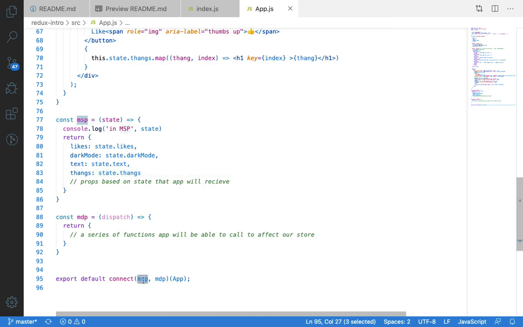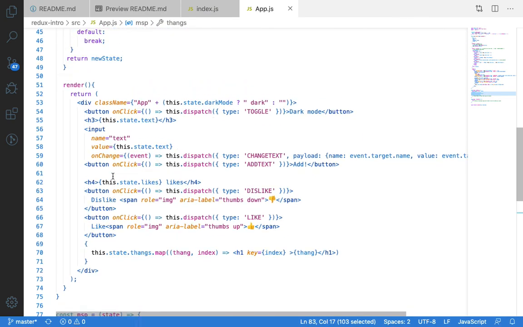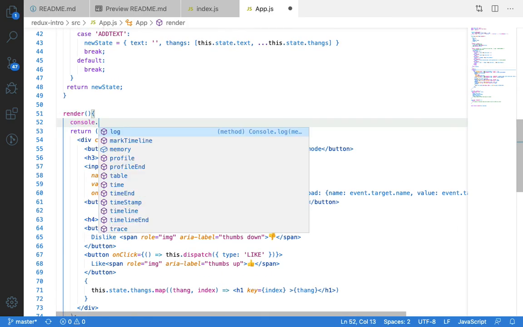So the way that we actually use MSP is by passing it into this connect that is defined by React Redux. React Redux will run this method. It'll also run MDP, and under the hood it takes those two objects and then passes them to App as additional props. So now that we've returned this object, inside of this render, let's console.log